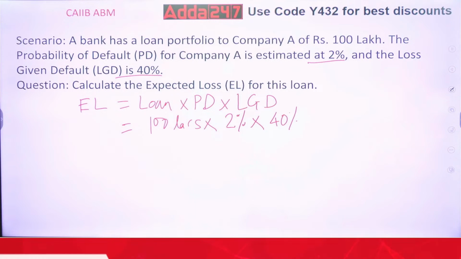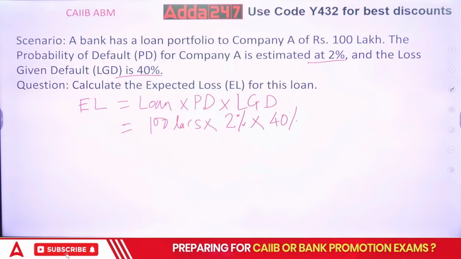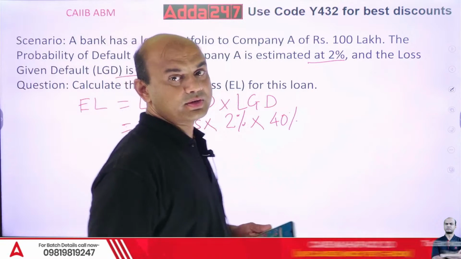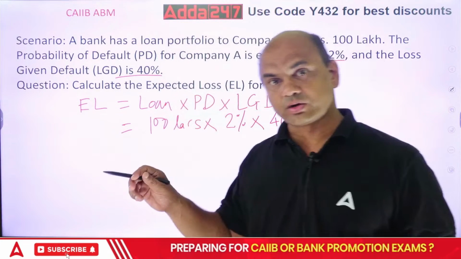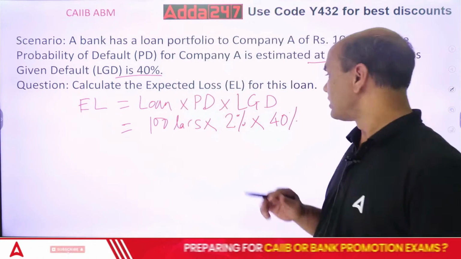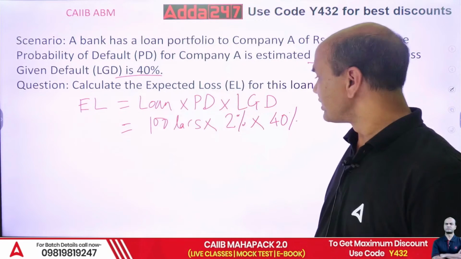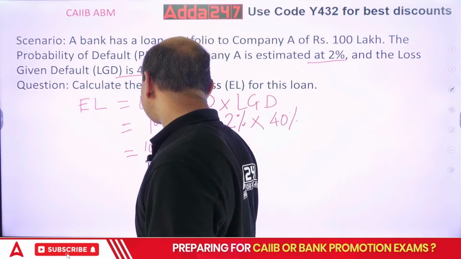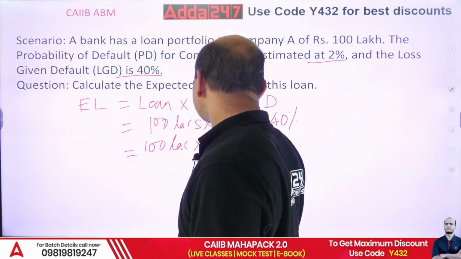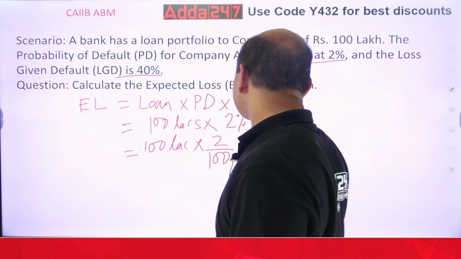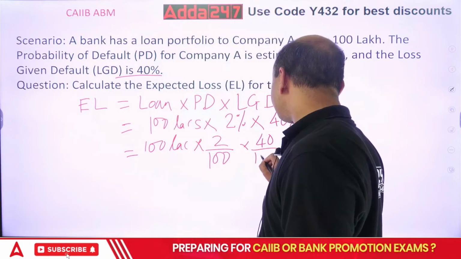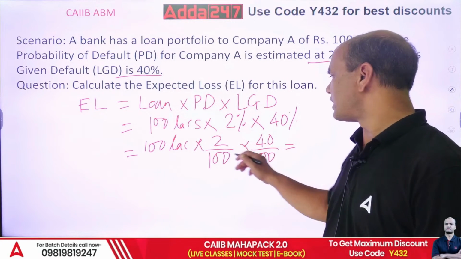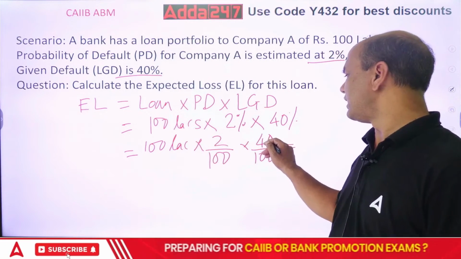Kindly don't do it manually, okay? Always try it with a calci. Why am I telling you? Because don't try it orally, 4 to the 8, don't do this 80%, because you will go wrong in this. Whenever you are calculating percent, kindly note this: 100 lakhs into 2 upon 100 into 40 upon 100. See, upon 100 creates a lot of difference. So calculate it now. So 100 gone, 4 to the 8, 80 upon 100.